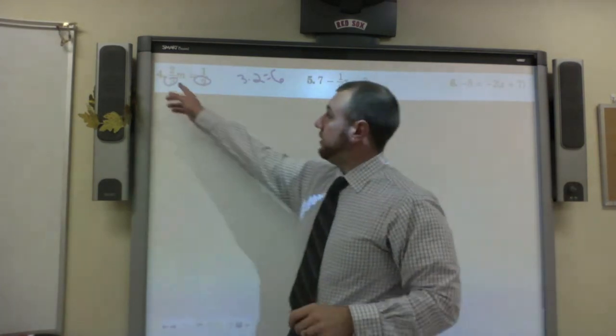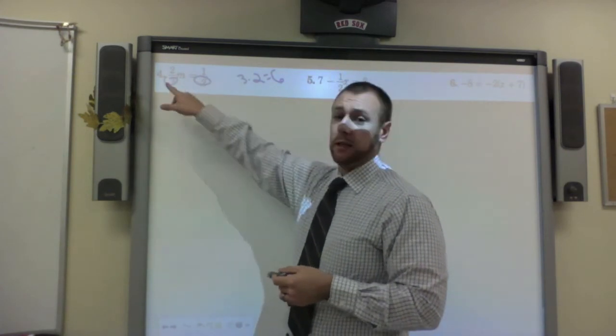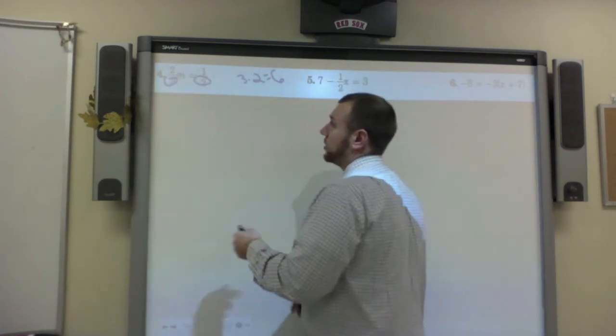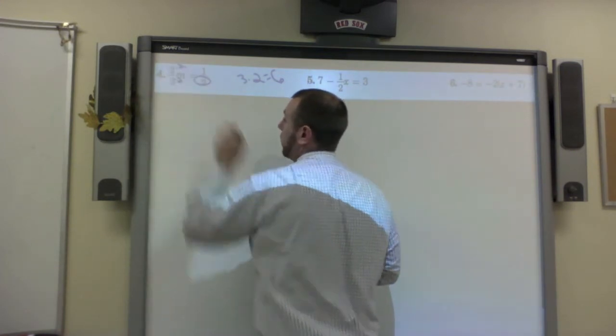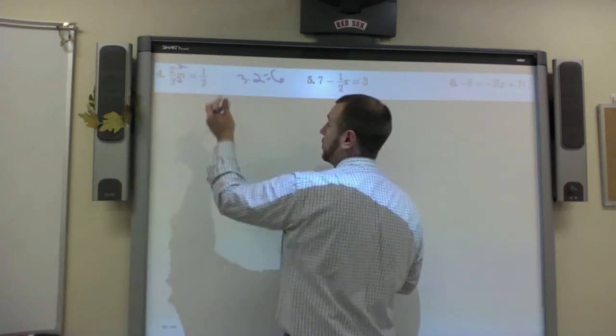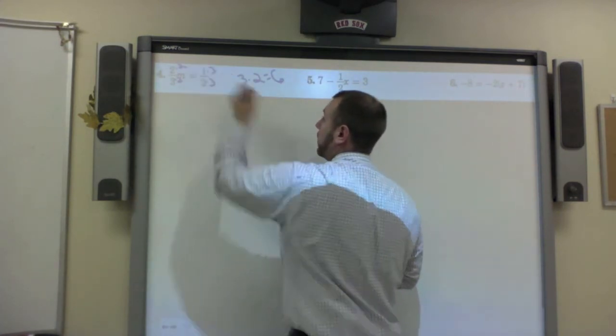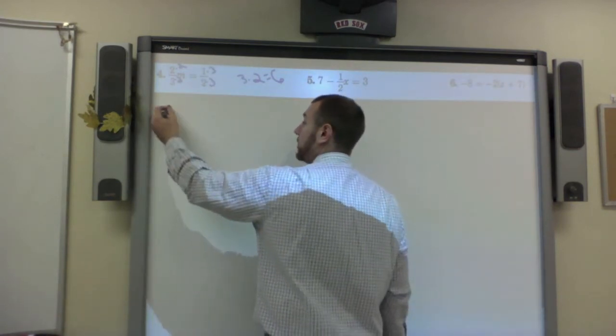So the best way of doing this, and the quickest way, is to convert both of these into something over 6. So for this 2/3, I would have to multiply both those by 2. For the 1/2, I have to multiply this 2 by 3. And what I do at the bottom of the fraction, I do at the top. This becomes